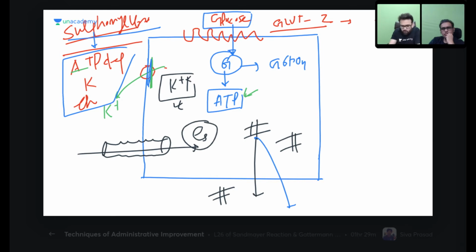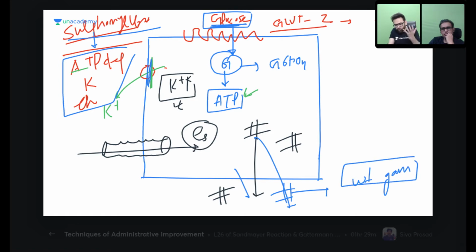Do sulfonylureas also decrease weight? No, I will tell you, they increase the weight. Why? Because even without taking the food, you are releasing insulin, and insulin causes weight gain. I will tell you why. After some time, it causes weight gain. Weight becomes more because of insulin, and insulin causes hypoglycemia. That is why these two are side effects of all sulfonylurea drugs. Whatever sulfonylurea you are using, the major side effect is hypoglycemia.